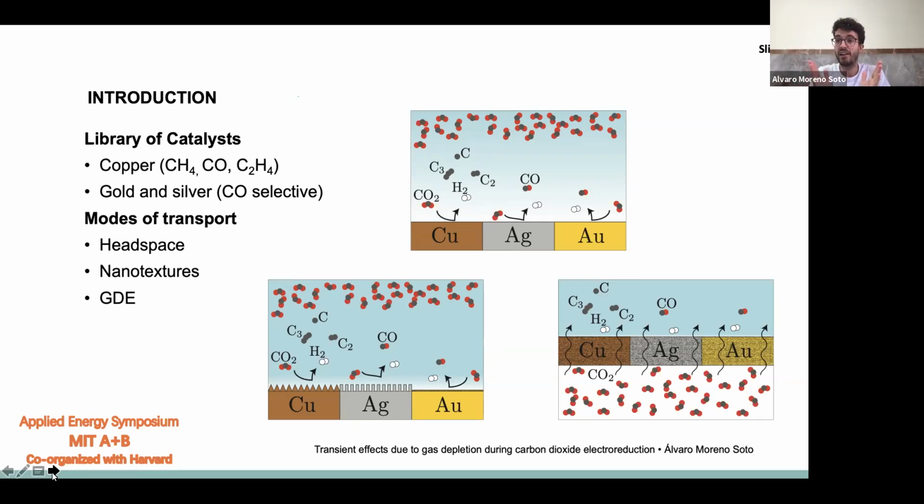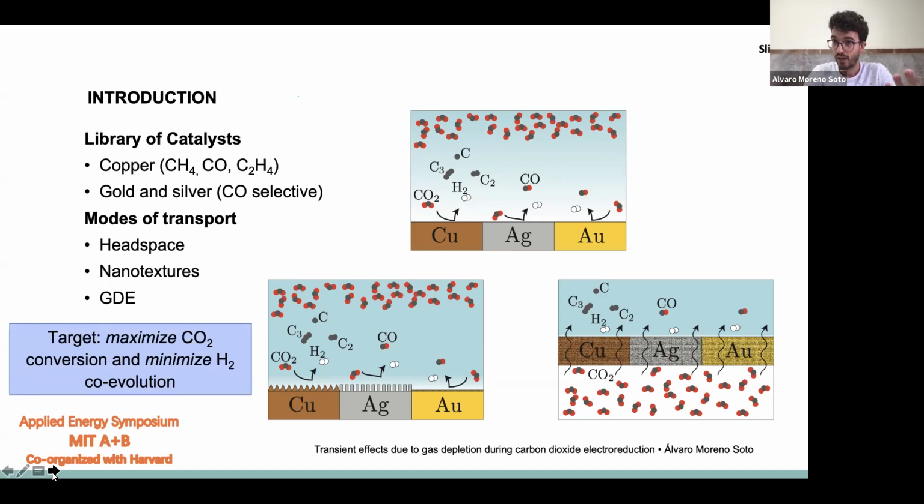And parallel to this CO2 electrochemical reaction, we find that we are producing hydrogen as well. Hydrogen comes from a water splitting parallel reaction that is occurring at the same time. So we are dedicating partial current to convert water into hydrogen. That's a way of measuring the efficiency of the overall chemical reaction, because if we are investing current into generating hydrogen, we are not investing that current into generating CO2 products. So basically the target here will be to maximize the CO2 conversion and obtain carbon products and minimize the hydrogen